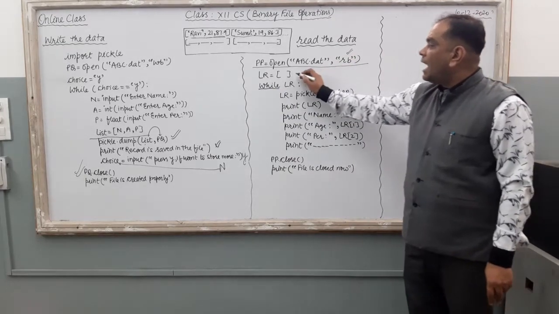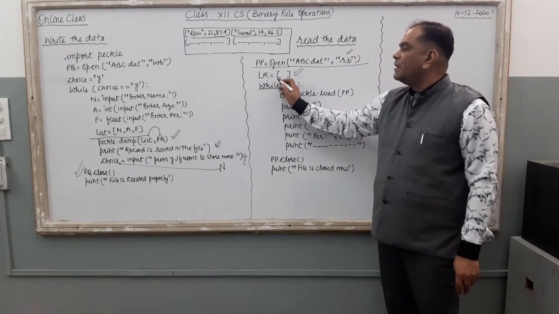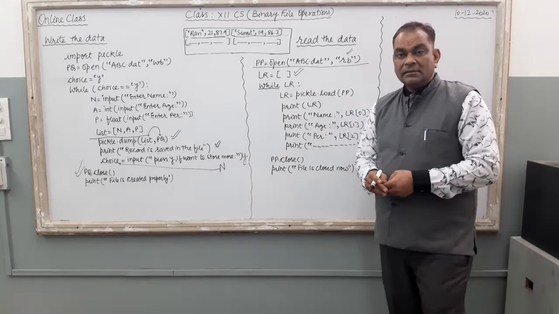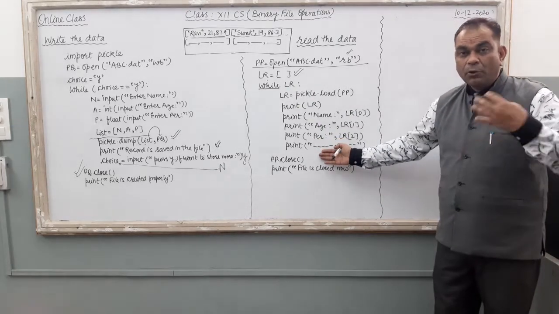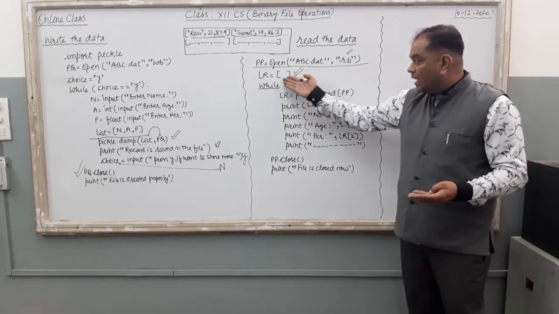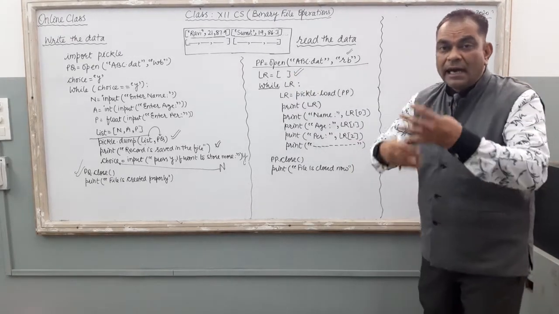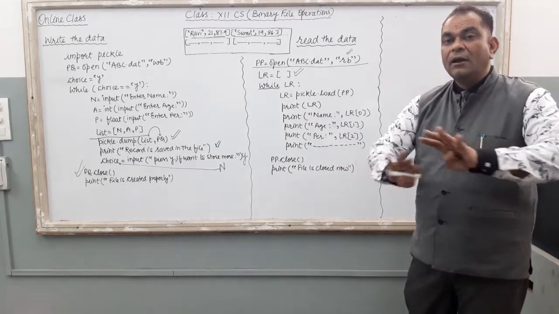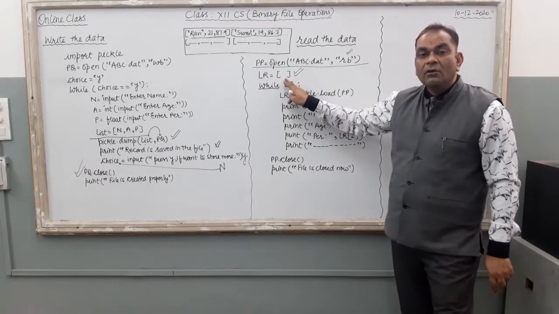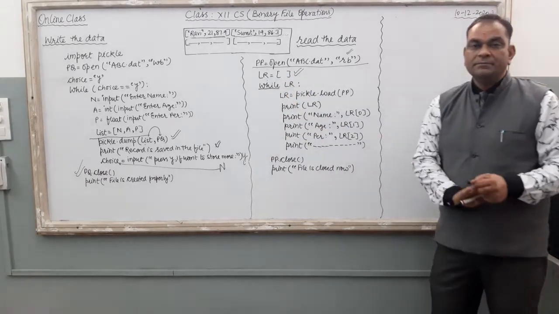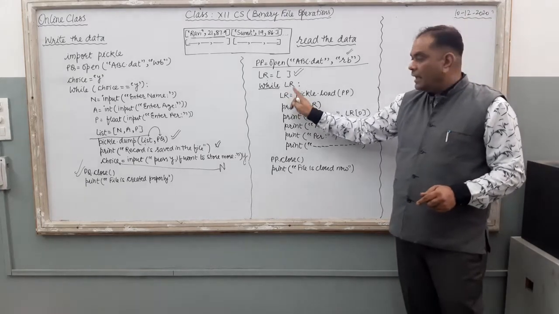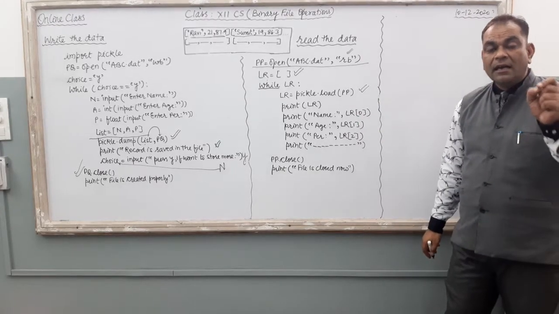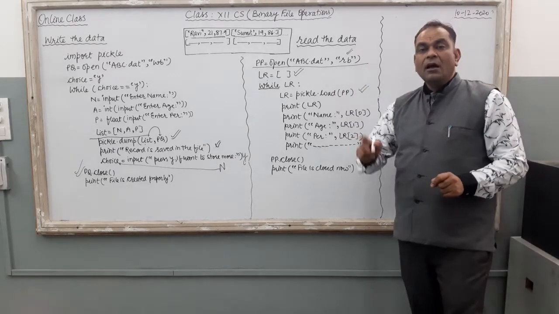Right? Here, just see, I have created one list variable, LR, which is blank now. Then while LR means we are going to read the file and load the data of our file into the list variable. As long as data keeps coming into the list variable, the while loop will keep running. Once the data file is finished, the end of file is reached, the list is blank now. As soon as the list becomes blank, the while loop terminates. Done? So while LR, here LR equal to pickle.load(pp). This is the command by which we can read the data of the binary file. Load is a function of the pickle module.